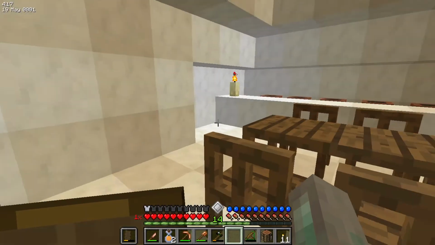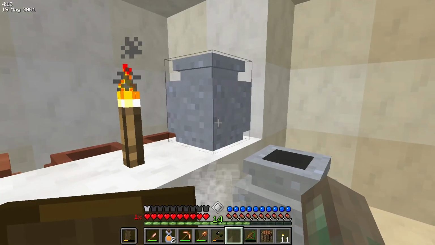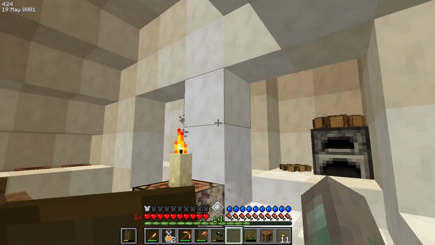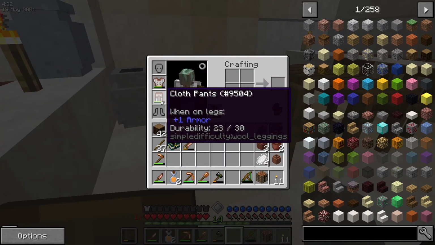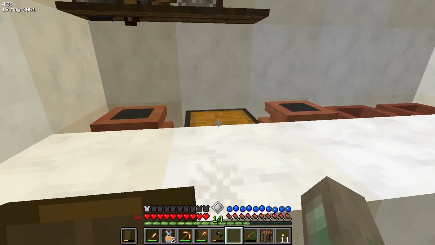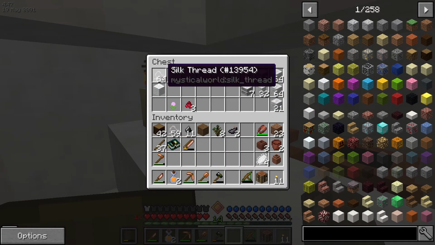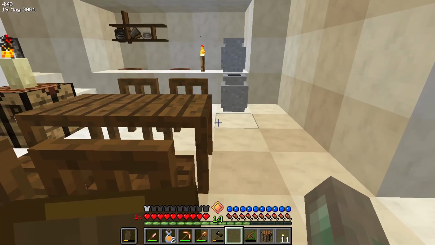Haven't accomplished a whole lot, to be honest, but here we've got some bronze ready to go. I'm waiting for some charcoal to finish. Let's see. I made these for the cold. We have this much plus... there it is. This much silk thread. From these...